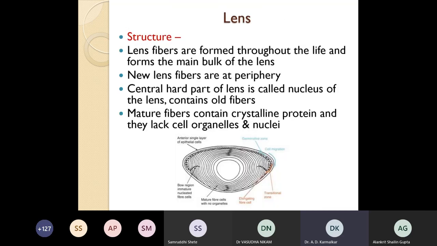If you see the arrangement of this fiber, they are also quite regularly arranged, which will make the lens transparent, so that whatever light is there can pass to the cornea through the lens. Okay, so today we have seen the focus mainly on the slides of the cornea, the retina, and the lens. So you should know in detail about these slides.